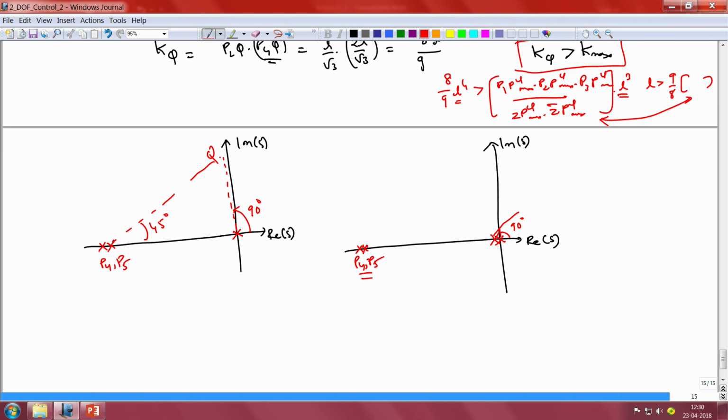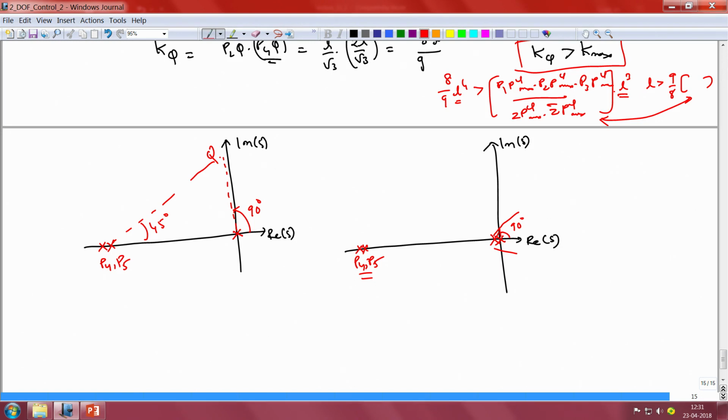This is in contrast with the first case, where by appropriately locating P4 and P5 at a sufficiently far away distance from the origin, we could get our closed loop system to be stable even when the plant's gain assumed its maximum value possible. However, in the case where we have two lumped poles near the origin, since the root locus crosses the imaginary axis at a point that is very close to these two lumped poles, because each of these poles contribute to approximately minus 90 degrees phase, and therefore together they contribute to close to minus 180 degree phase, these faraway controller poles have very little role in determining the location at which the root locus crosses over.